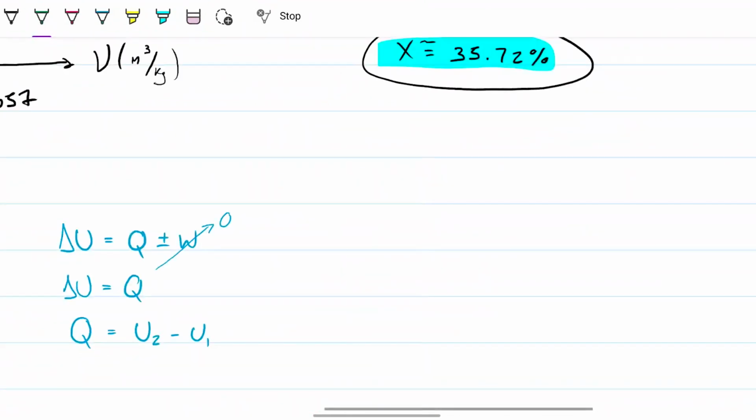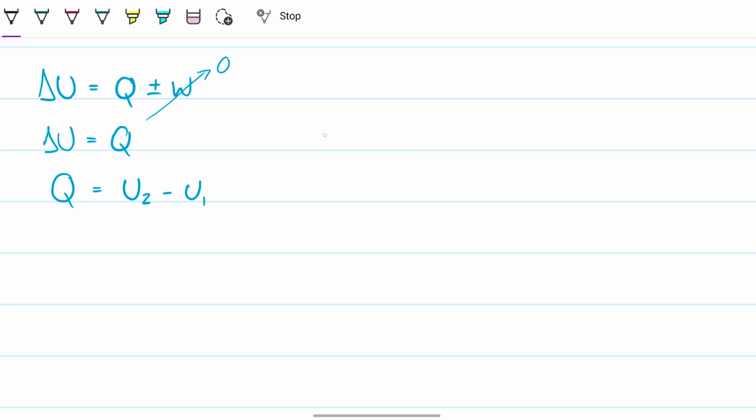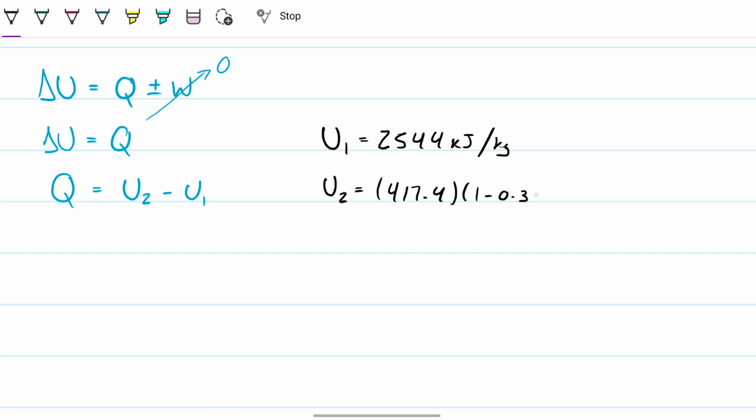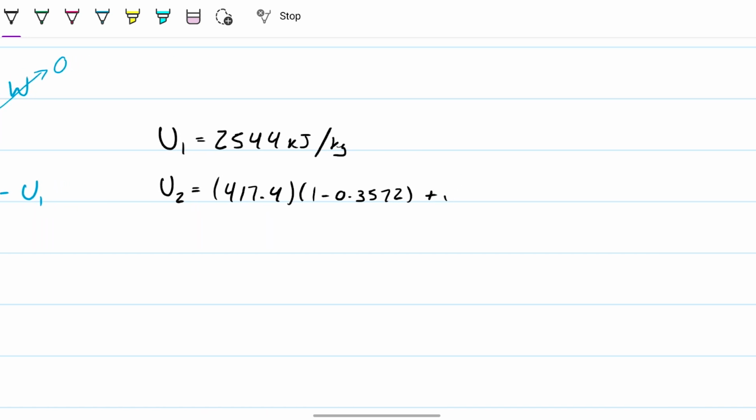So where's our math? Here you go. Let's start with U1 because that's right off the bat. We got 2544, and that is kilojoules per kilogram. And then U2 is a mixture, so I need to do the internal energy for the liquid times however much liquid I have, so 1 minus 0.3572, plus the